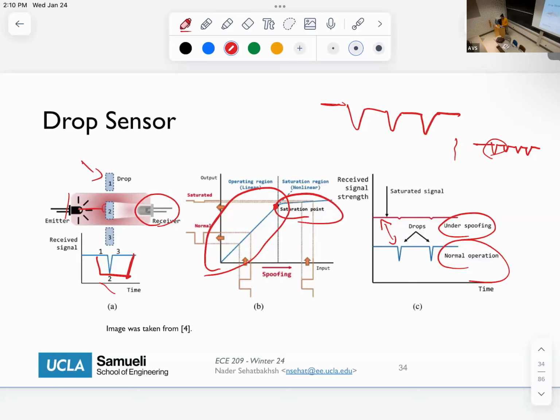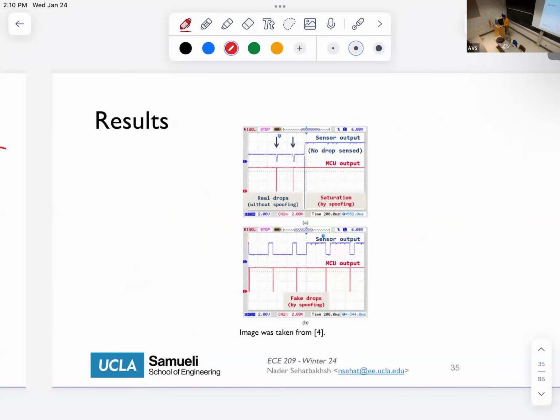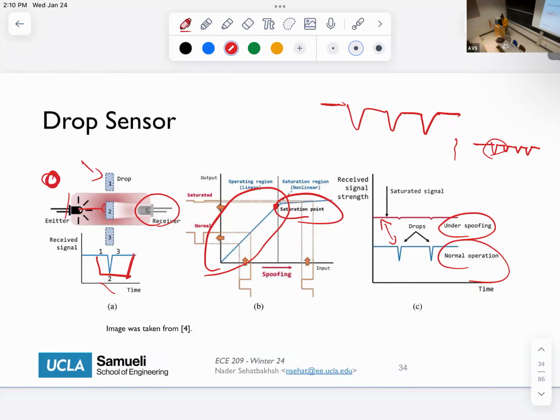So, how do we do that? The attack was basically creating another source of emission that gets close to the emitter and creates this saturation behavior. Or you could try to program the system to operate very close to the saturation point, and during the attack, you force the system to saturate. Generally, the idea is that if your system is operating around this area that's very close to saturation, then even a tiny bit of noise, either external or internal,